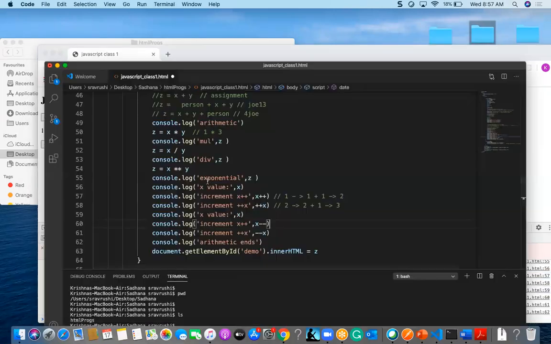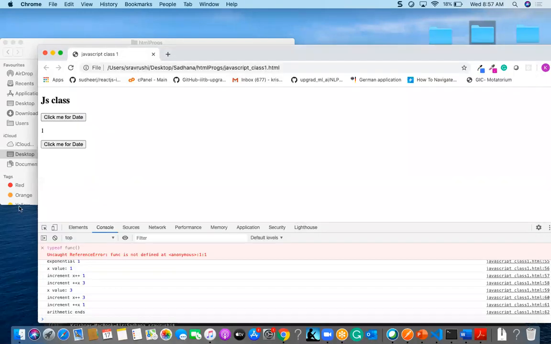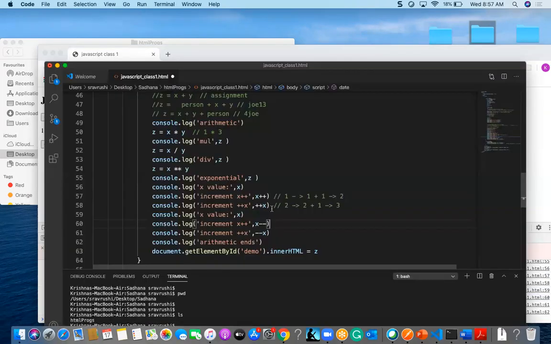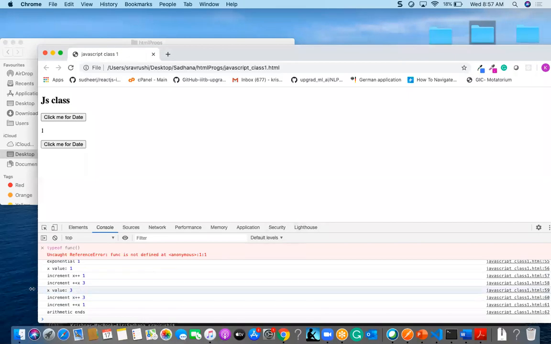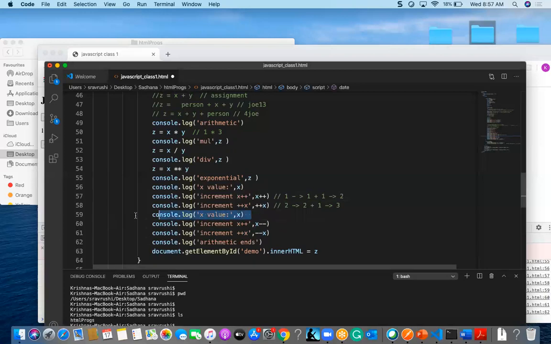Yeah, I got it. And one more thing here is decrement. In the decrement again, it will go and she can check the value of x, which is now 3. So in this decrement, 3 minus 1 should happen, but what value will it show? This result is 2, right? This result is true, but it shows 3.